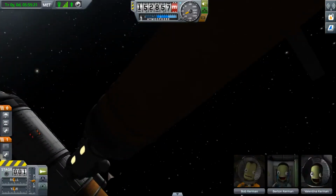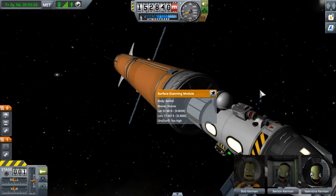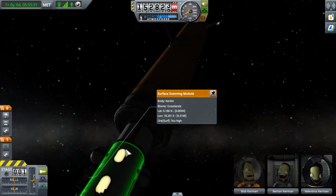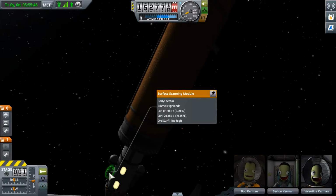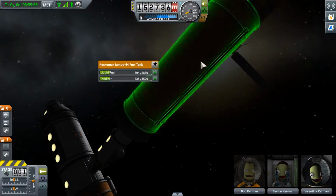Oh, the other thing is, I looked at, but forgot to show you guys, the surface scanning module. So it tells you what biome you're over. We're over grasslands right now. And latitude and longitude. And I guess if you run an experiment while you're on the ground in a biome, then it'll tell you more stuff when you're in space over that biome, I think. I don't know. Something like that is the idea. Anyway, so...